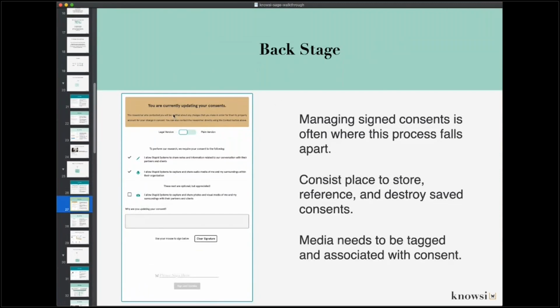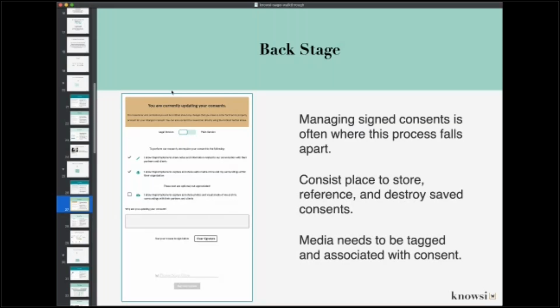This form specifically, participants are able to continuously change their consent over the course of their relationship with the researcher. So, the example of this in particular: they have a consent form, they go in, they change one of the things that they've consented to, either positively or negatively. They include a reason for that consent. They sign it, and it appears just like a message feed on the platform. And that can continuously go on.